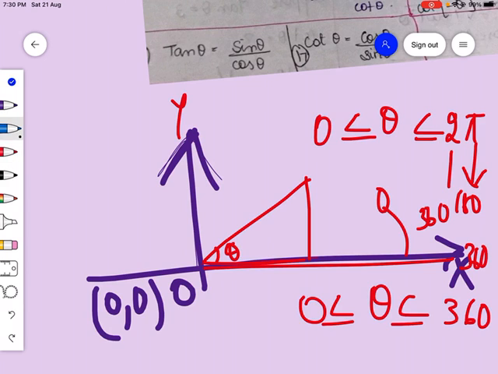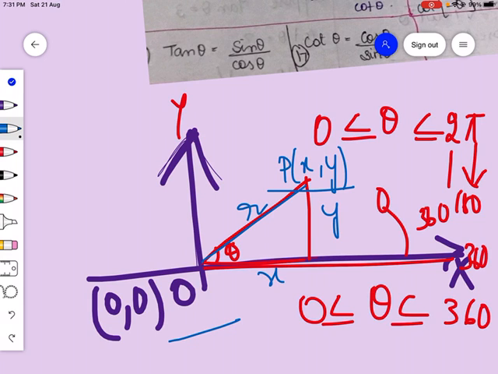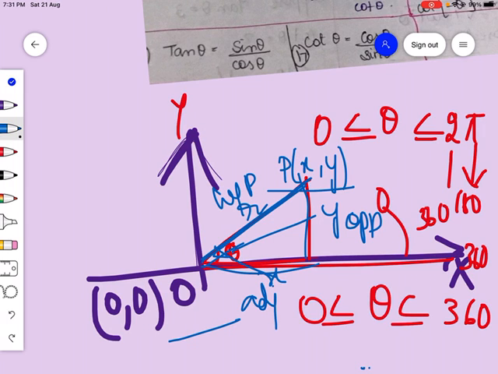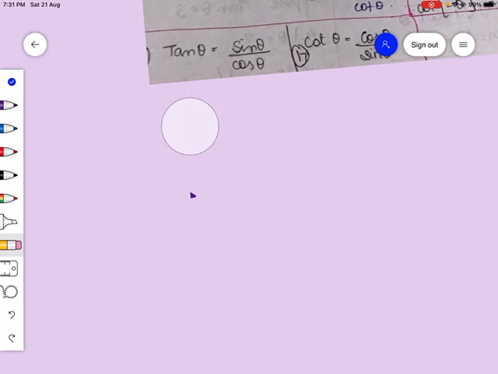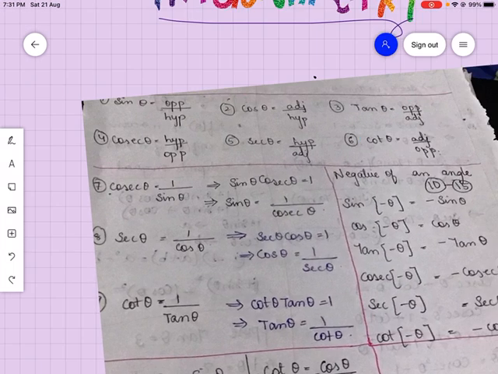They are saying this point is P(x, y), and this is your r. This is the terminal side of theta. So let theta be in the standard position and let P(x, y) be a point on the terminal side of the angle theta, which is r units from the origin. Let us mark this as y and this is x. This is r we are substituting. This is your hypotenuse. From theta, this is your opposite, and this is your adjacent. Remember this much. Applying all this, we will substitute these values.